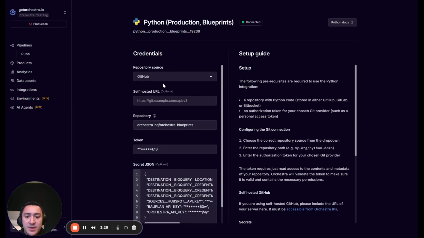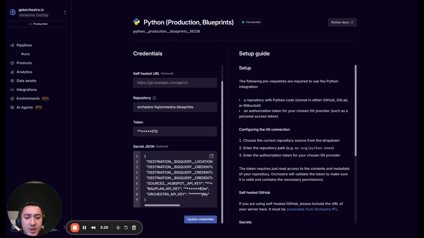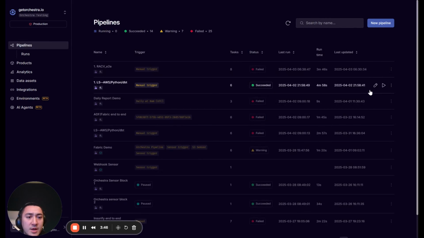Cool. So I've headed over to my integrations page just because I wanted to show you this Orchestra API key. That is going to set the API key as an environment variable for the Python task so that it's accessible in the script that I just showed you. This is quite important. You need to do this. Now, if we go ahead and look and see what's happened,